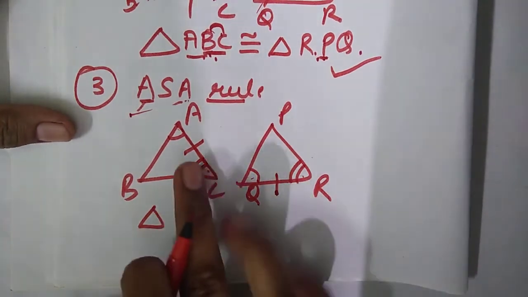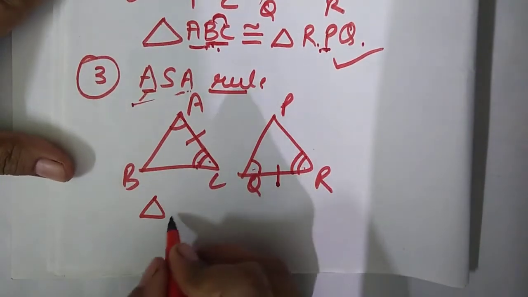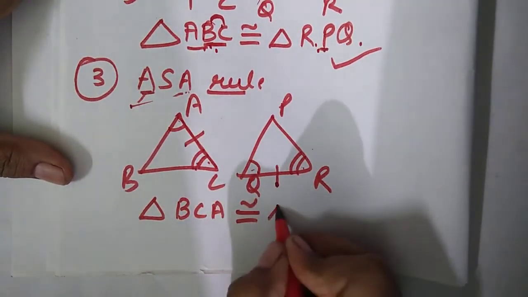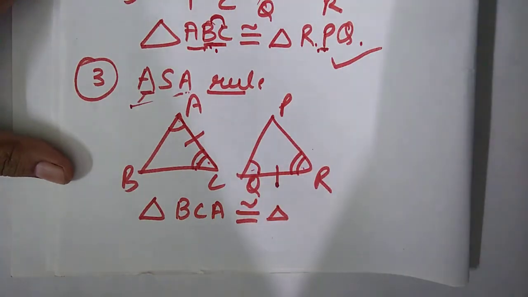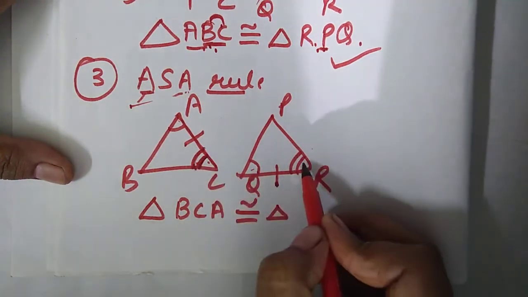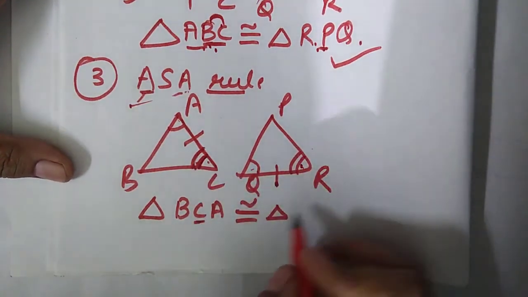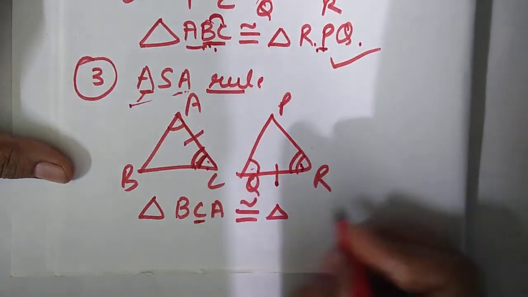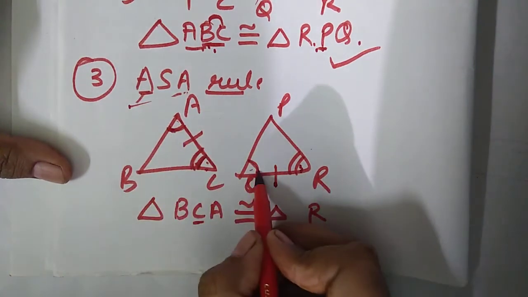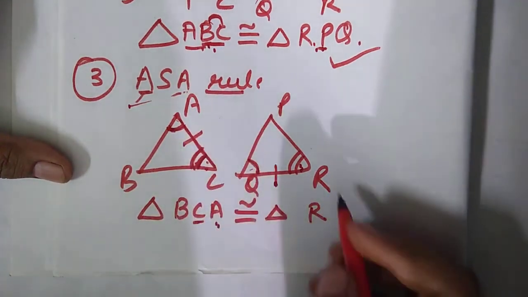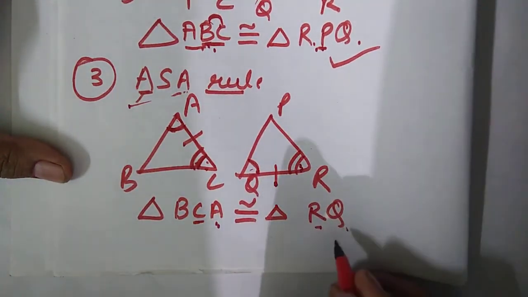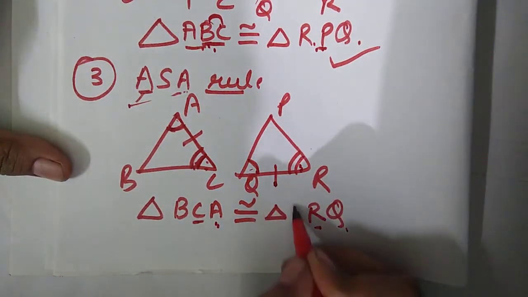Now write the name of the first triangle in any order. Now I am changing the order, let it be BCA, is congruent to. So whenever the angle is given, just fix the position of that angle. Angle C is equal to angle R and C is at second position. So corresponding to C we have R, so R must be at second position. Now come to the second angle. Angle A is equal to angle Q and A is at third position, so there must be Q at third position. And which one is left? Second is filled, third is filled, the first position is left, which is of P.